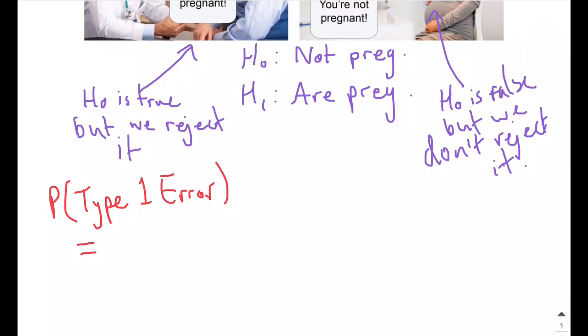We always put that into our binomial. So we always assume H0 is true. So when we reject it, that's basically when our p-value is less than alpha. So alpha here is our significance level,